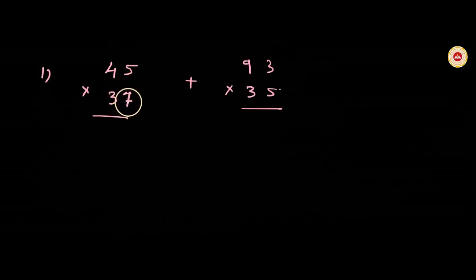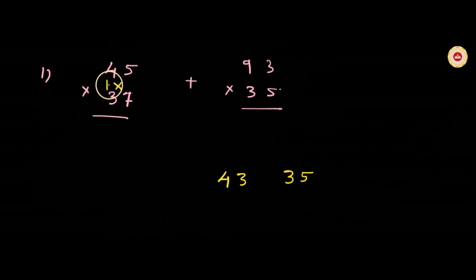So friends, write the answer of this multiplication. We are going to use Urdhva Tiryak multiplication. Write the answer of this multiplication in parts. Okay, so let us do this multiplication first. 45 multiplied by 37. See, starting from right side, 7 multiplied by 5, 7 5s are 35. Now crosswise, 7 4s are 28 plus 3 5s are 15. 28 plus 15, 28 plus 10, 38 plus 5, 43. Okay, write 43 in second part.